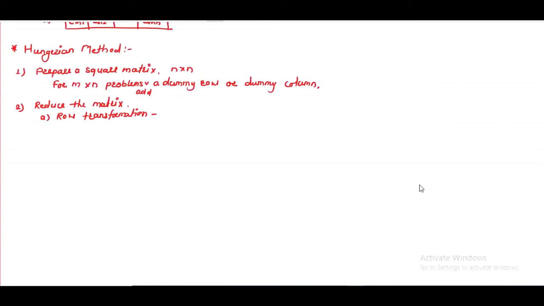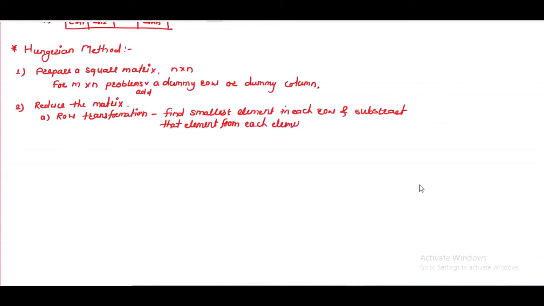The row transformation process is: find the smallest element in each row and subtract that element from each element of that row.